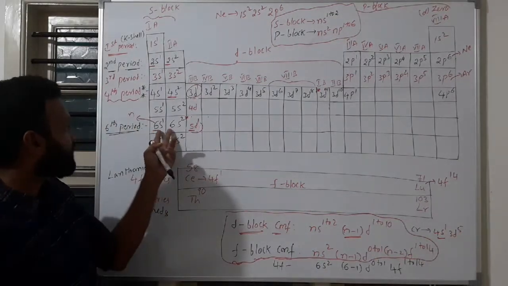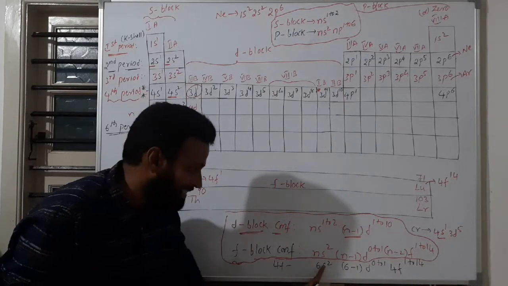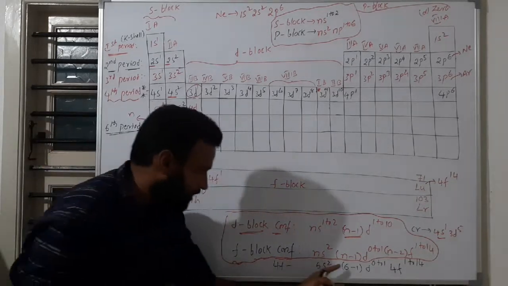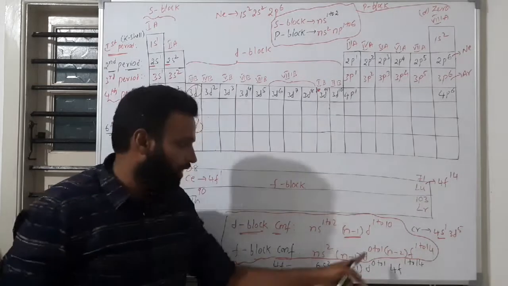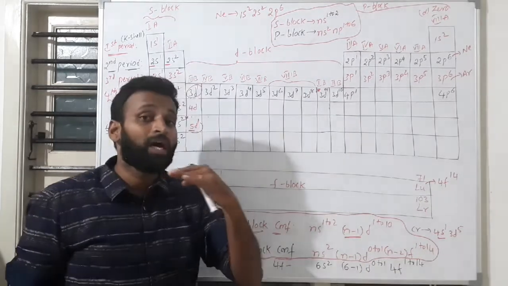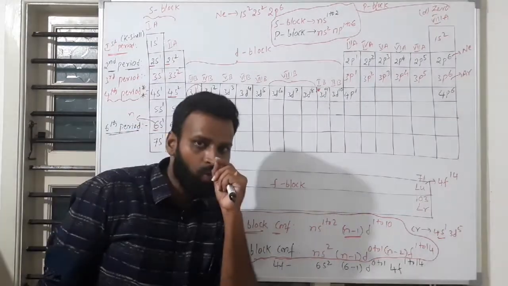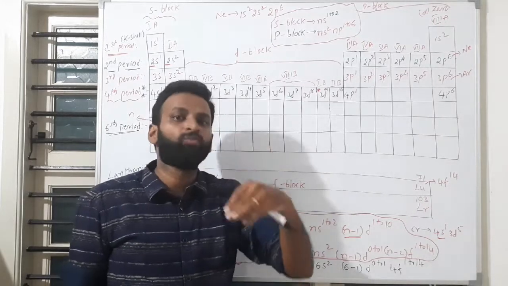In the 6th period the starting subshell is 6s. So the 4f series configuration is 6s2. 5d is having only one electron. So (6 minus 1) d0 to 1. Why did you write 0 to 1? You can directly write 1. Sometimes half filled is more stable, I told you. That's why they are having only one electron sometimes, or else 0 to have more stability.